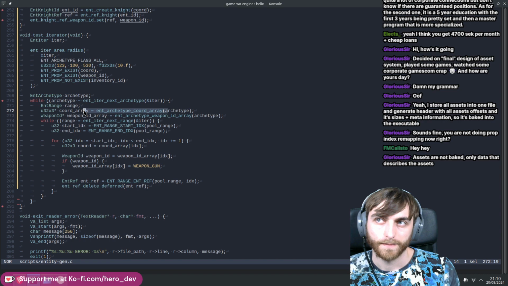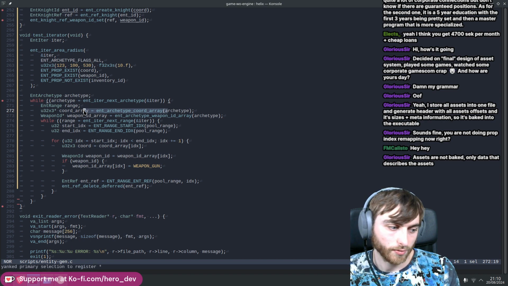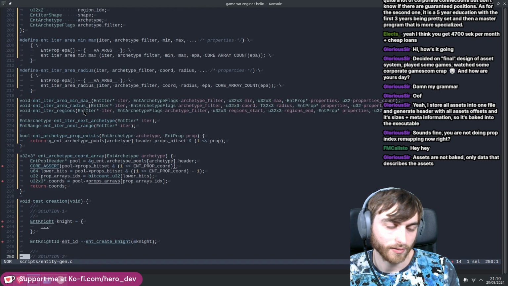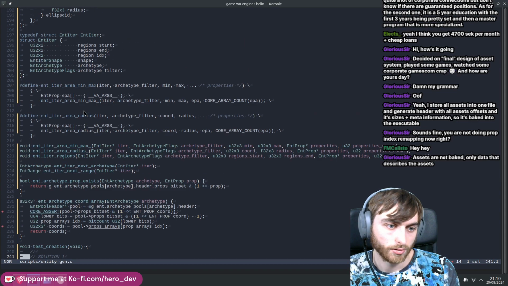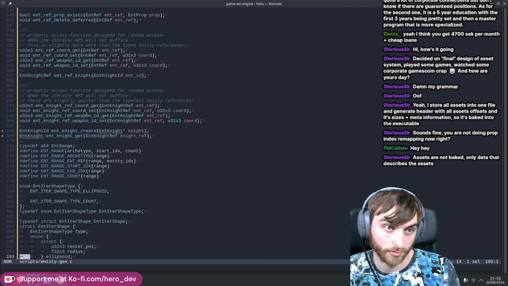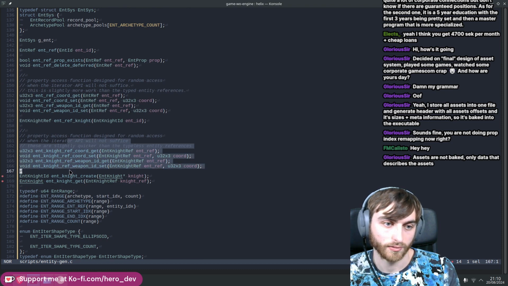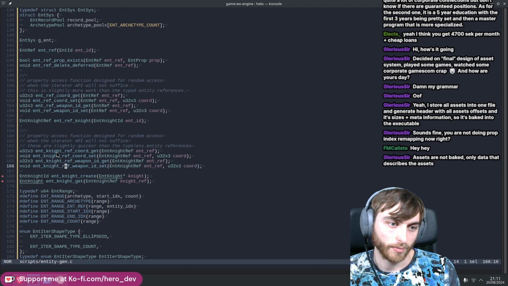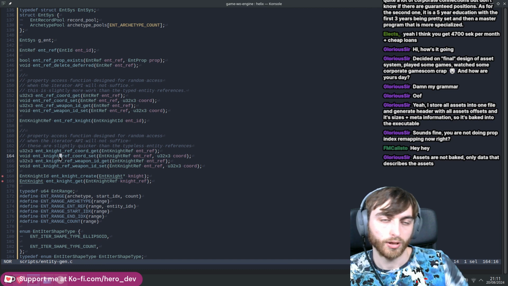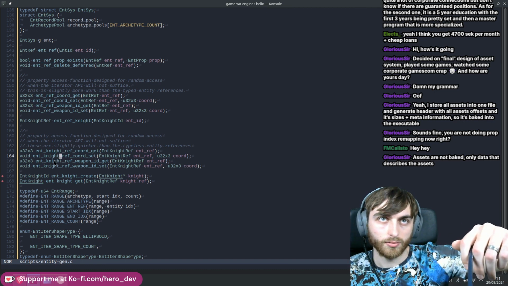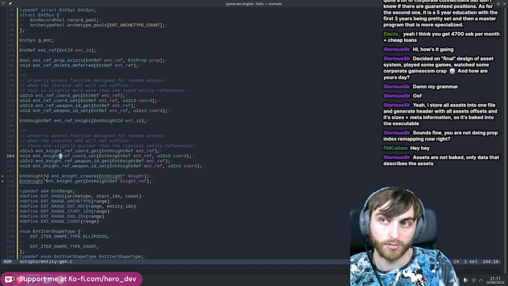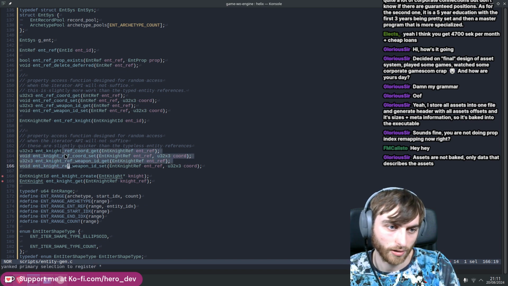But yeah, something that we've managed to do is add typed references. What's interesting about the typed references is we can avoid that bit set, sort of population count thing, and just basically say we want to get a coordinate for an entity reference, it